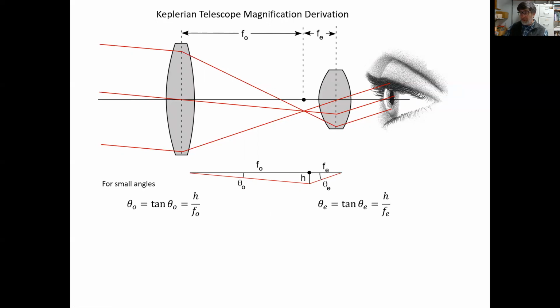So trying to get the magnification of this, we're trying to see how different the eye angle is than the object angle. How much has that changed? So if we get the ratio of those two, the eye angle divided by the object angle, that would be our magnification. And given that each of these is equal to h over an f, and here is h over the other f,